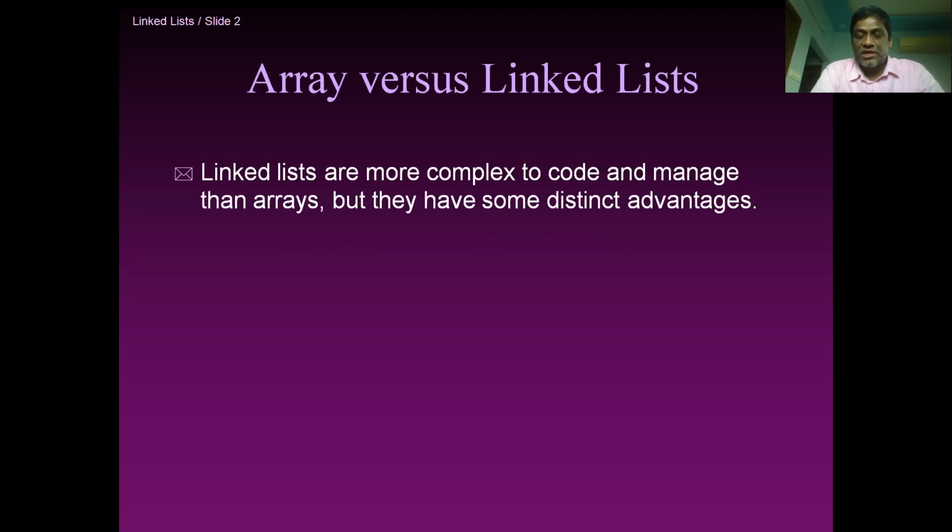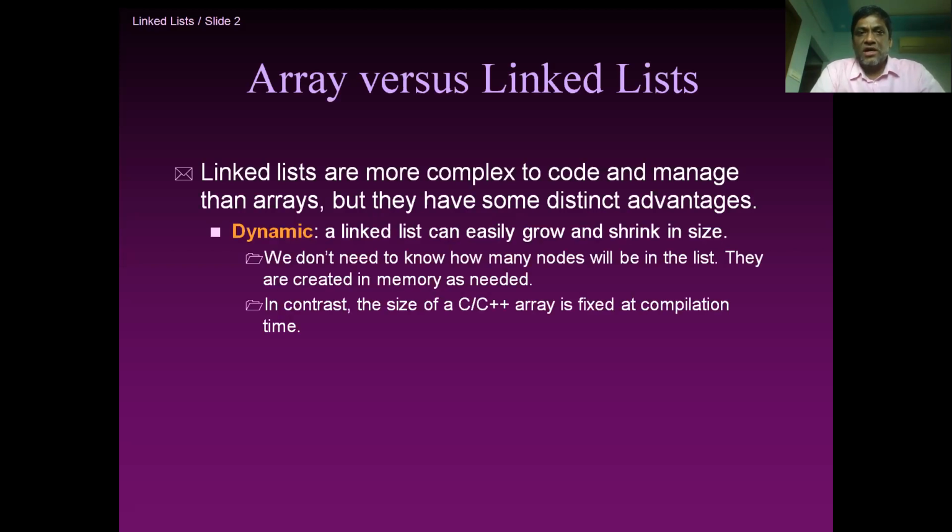The first thing you need to understand is what is the difference between arrays and linked lists. We all know that an array is a collection of memory locations in which elements are stored in physically continuous memory locations, right? Physically continuous memory locations. Whereas in a linked list, the concept is again a collection of elements only. The elements are stored in logically sequential memory locations. It's not physically sequential memory locations. It is logically sequential memory locations. That is the first difference between arrays and linked lists.